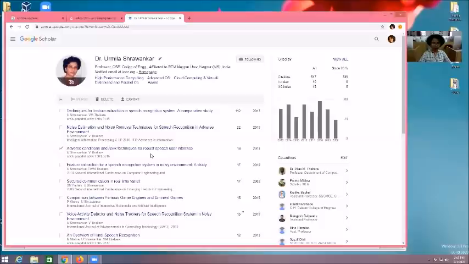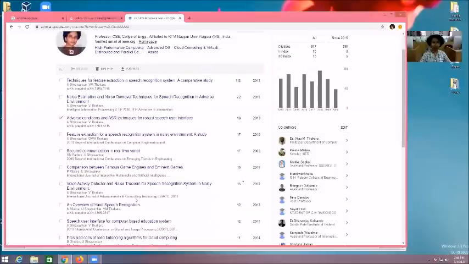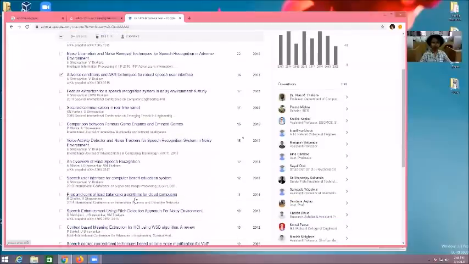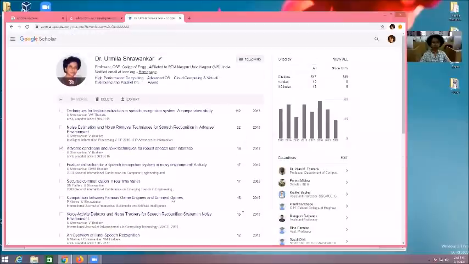For example, that is a Springer conference, and that's why you are getting this paper in a Springer conference. Now second, the extended version of this paper is published in one Scopus journal. Both papers are actually the same, only the extended version is there. So in a Google profile you will get two papers, but actually it is one paper. So at that time you can merge both papers. You can click it and you can merge it.